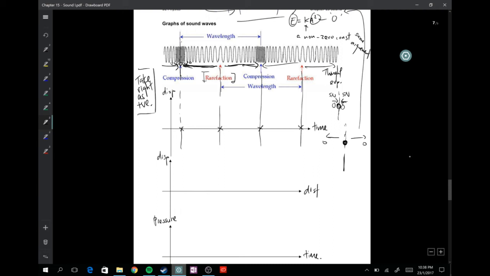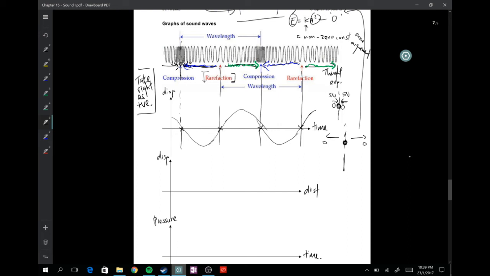So I take right as positive, so all the particles that are moving right, I'm going to highlight them in green. All the particles that are moving right should be positive. All the particles moving left, this region here, should be negative. So at the end of the day, what you get is a sinusoidal curve. Sorry, the graph is not very nice, but I'm sure you can draw better.